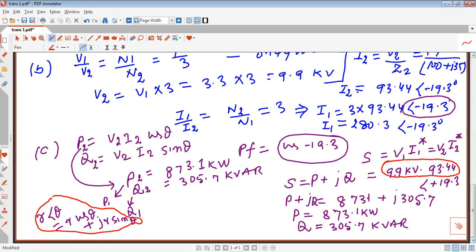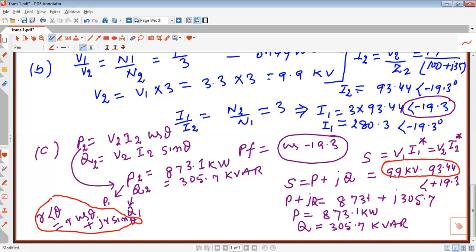In this part, it was asked to find the real and reactive power. Now the question is saying, in the last part D, the value of impedance which, connected directly across the source, would draw the same real and reactive power. Means how much primary impedance we can connect so that we will get the same real and reactive power.